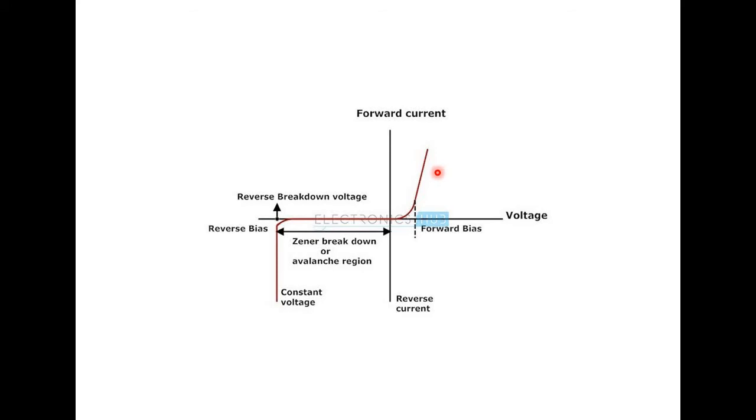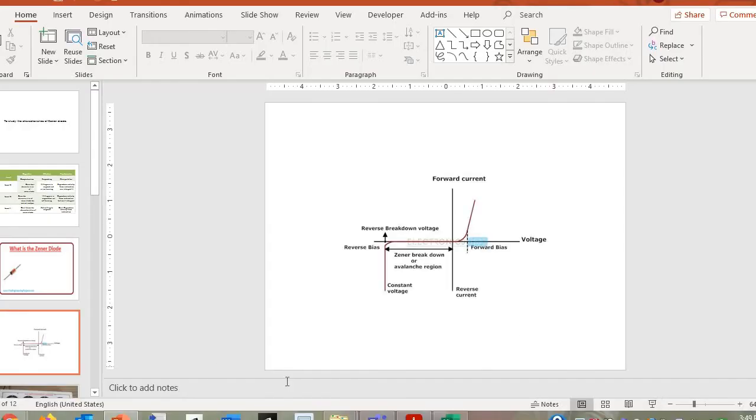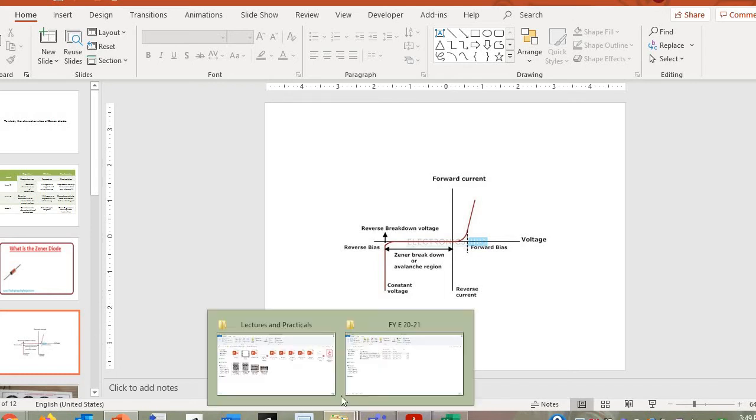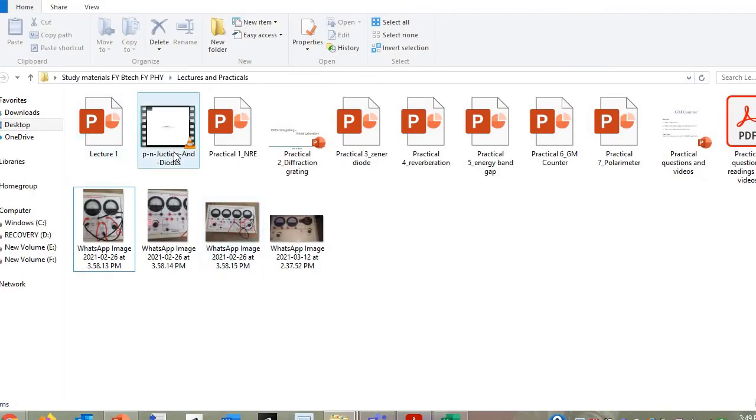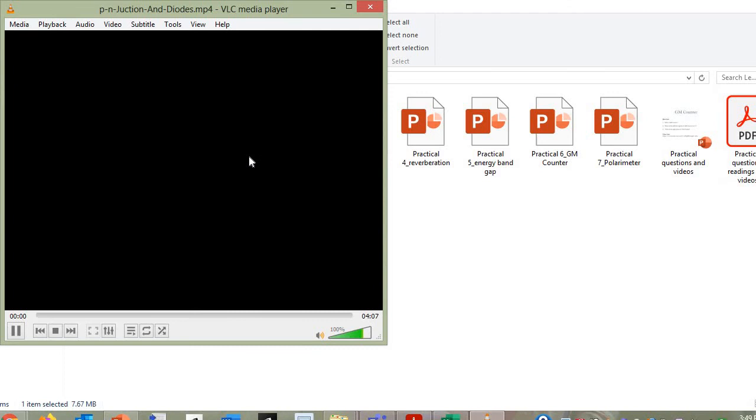So how PN junctions are formed and what are the characteristics of PN junction, you people understand very clearly. So before going towards Zener diode related experimentation, I would like to show you one video that I like most, because in the animated portion they have explained how the junctions are created and what happens at the junction when you apply certain amounts of voltage. So that we will see first, and then we will have the discussion. Just a second.